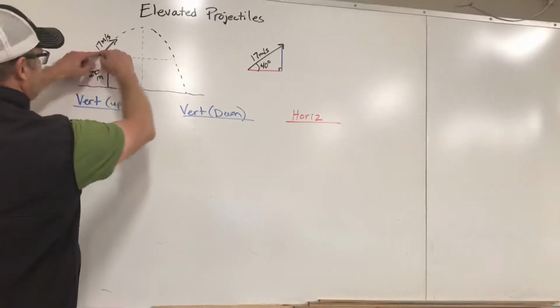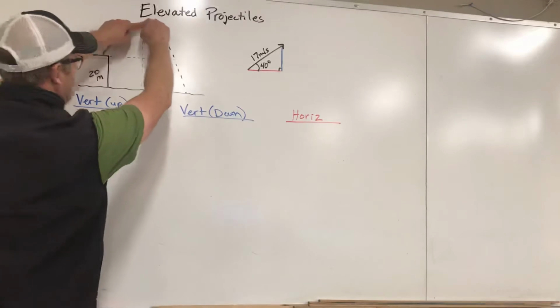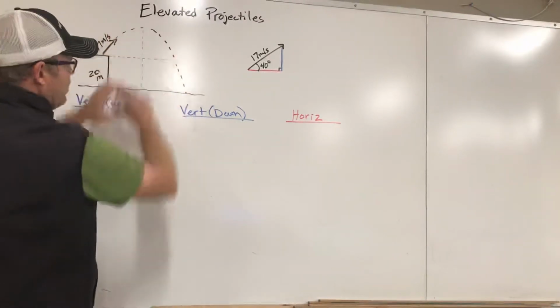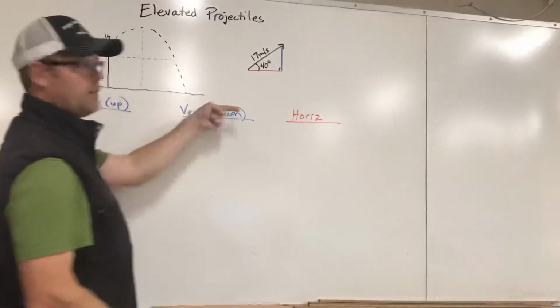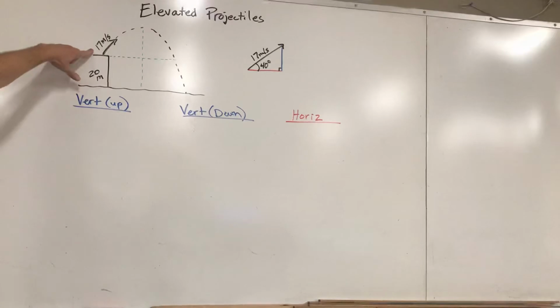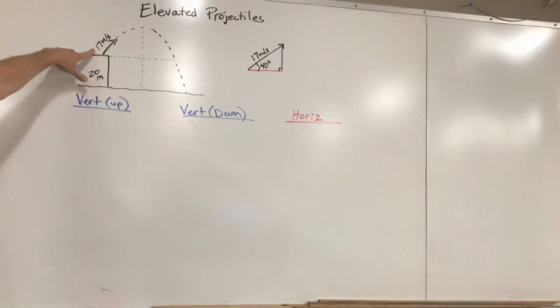I'm going to deal with what's happening as we go up and then what's happening as we go down. And those two pieces put together will tell me what's happening horizontally, okay? I'm going to try to color code this as much as possible, but that's how I'm going to approach this problem. Now, I just picked this projectile leaving at 17 meters per second with initial velocity angled at 40 degrees